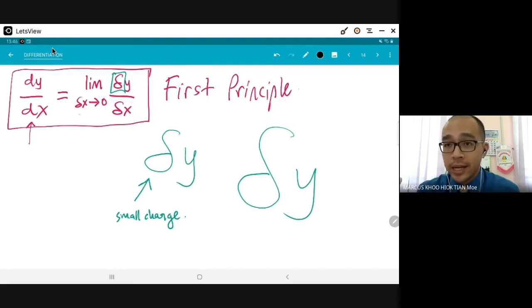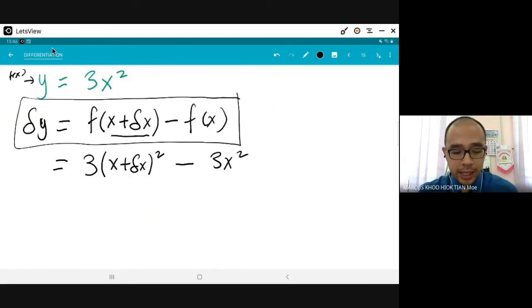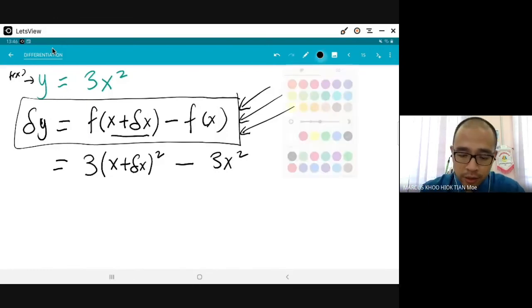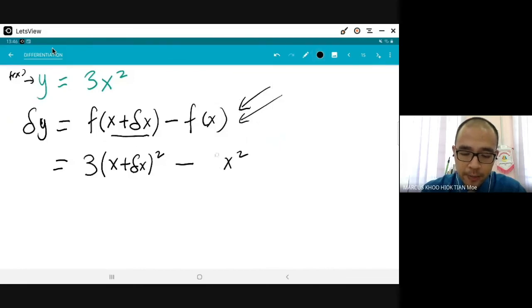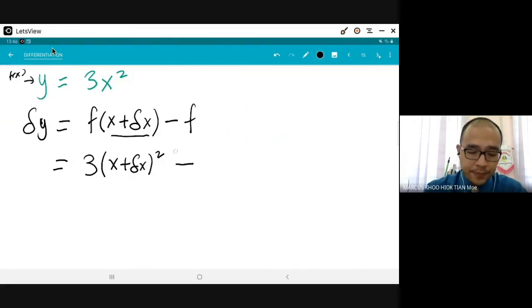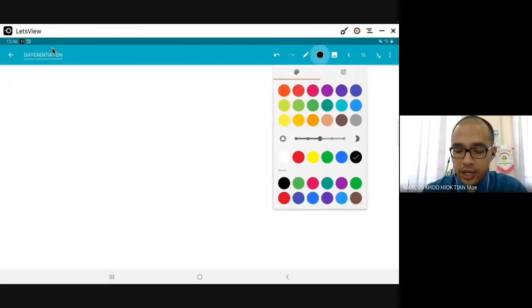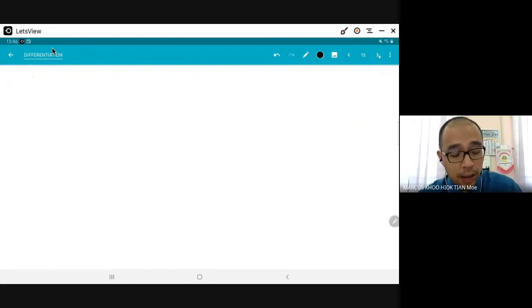Tapi macam mana saya mau cari del y? Inilah caranya. You can say this is the formula if you want. Del y is f(x plus del x) minus f(x). I'm going to rub this off because saya mau guna warna. I find that using colours is less distressing for me. So I'm going to write it as f(x). Saya tidak mau tulis sebagai y. f(x)